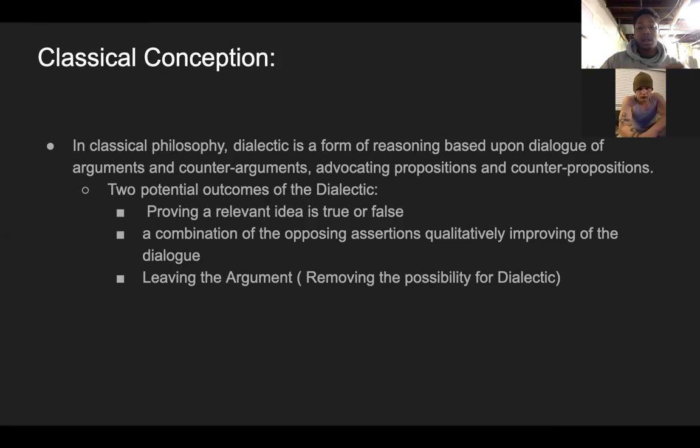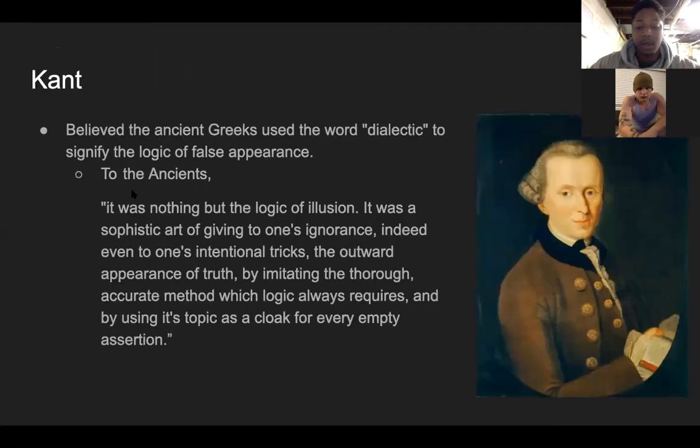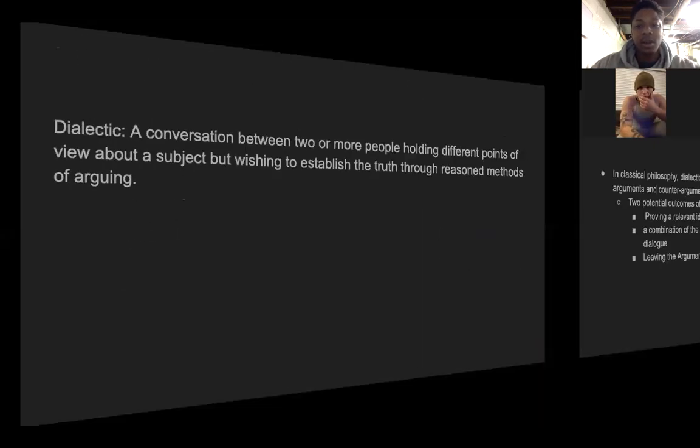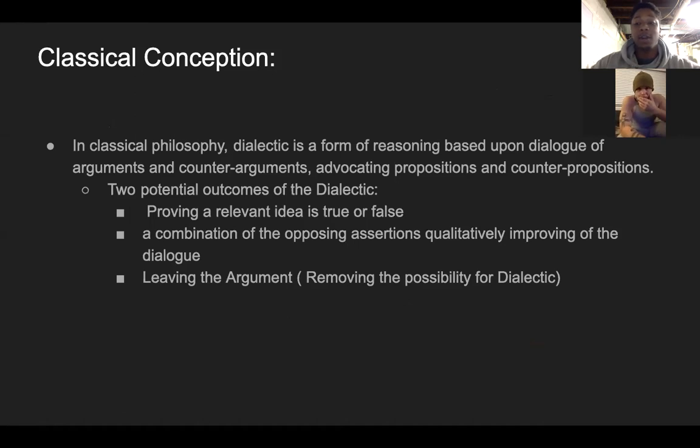I think last time we did this, we made it three. I'm going to go ahead and try and fix that. Or just for everyone at home, there's three. So we came up with proving a relevant idea to be true or false, a combination of the opposing assertions qualitatively improving the dialogue, or leaving the argument and removing the possibility for a dialectic, which we came up with